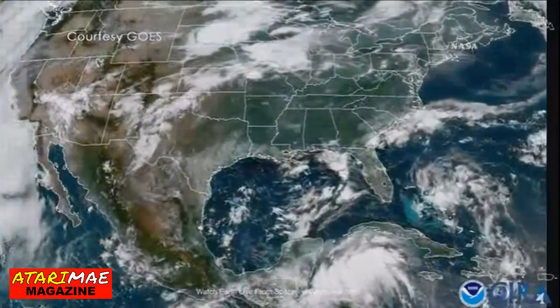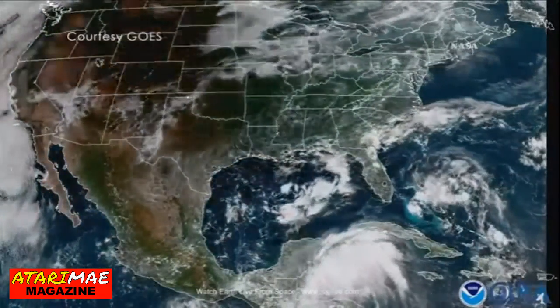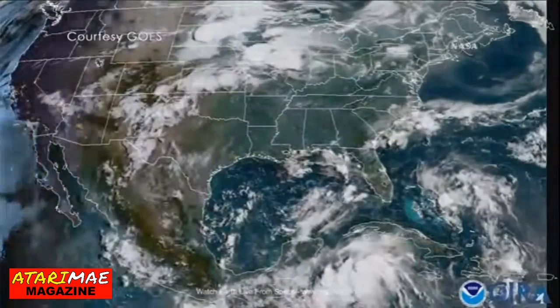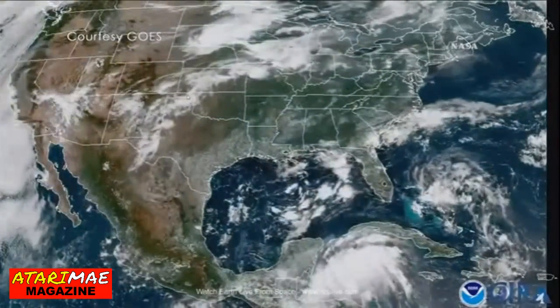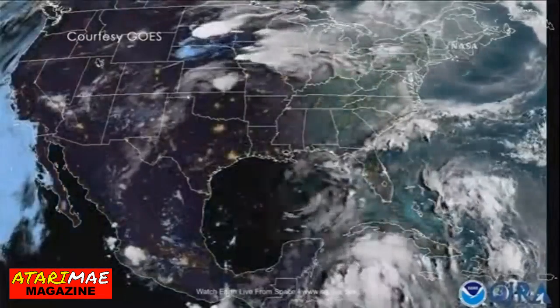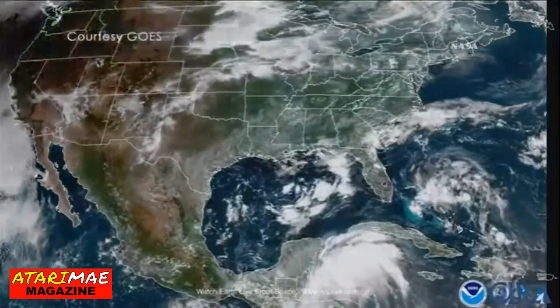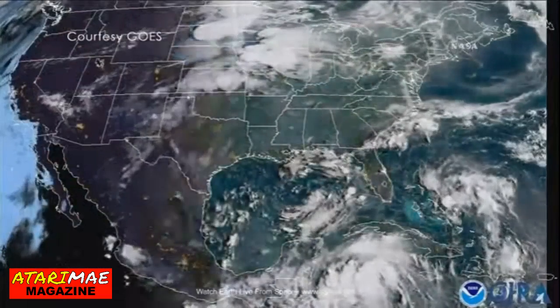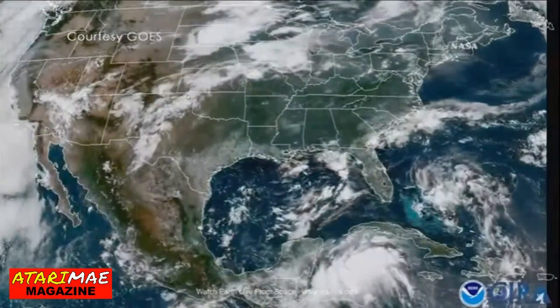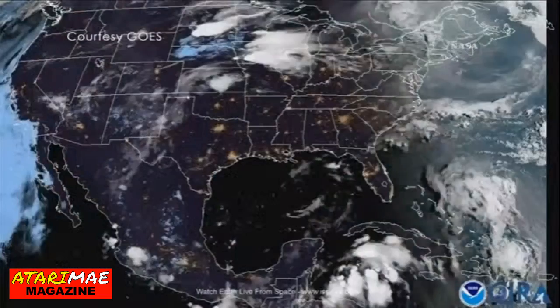Not so good for maybe parts of the central U.S., where we've got some thunderstorm activity developing and expected to develop later this afternoon, for parts of Nebraska and Missouri and northern Illinois, so maybe north of Carbondale. Then it gets better again in terms of cloud cover as we move further east toward Charleston.